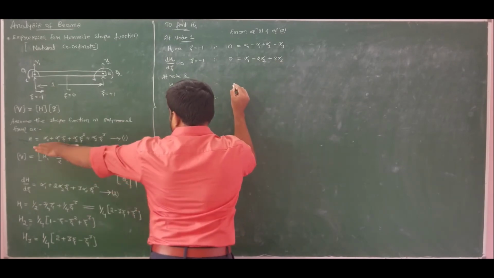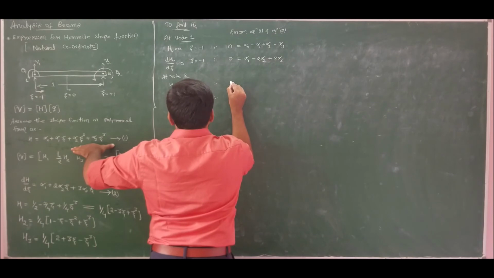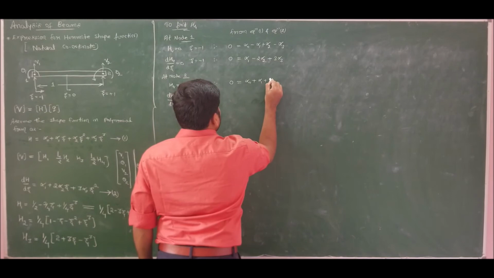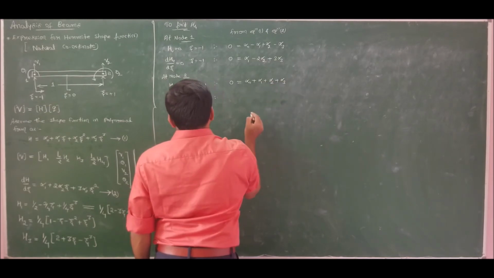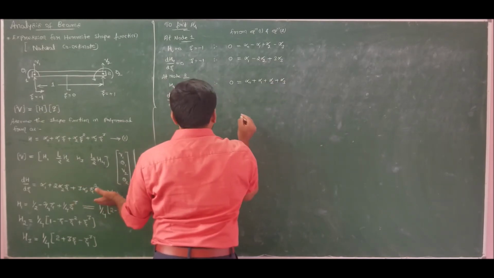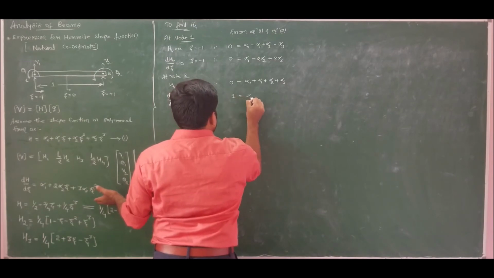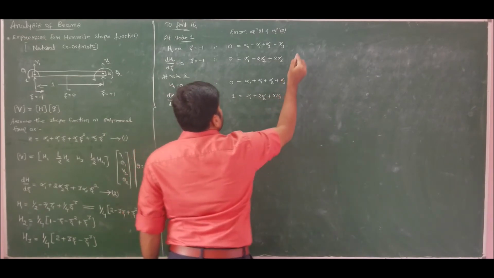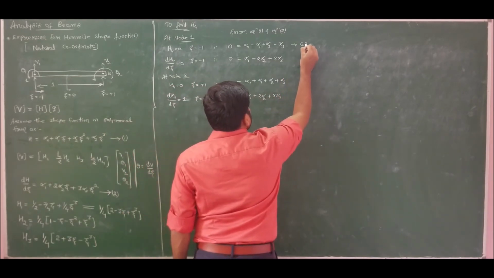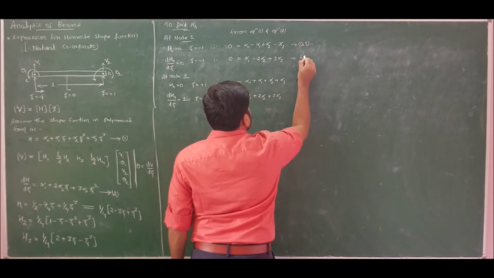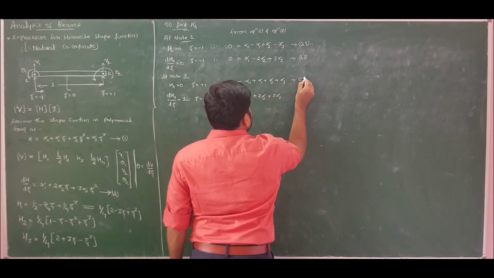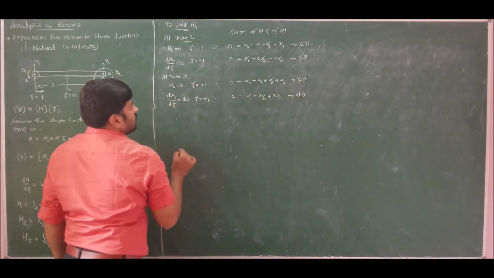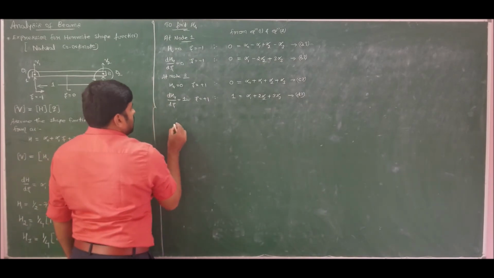So go for Hermite equation h. From equation 1 we will get 0 is equal to alpha naught plus alpha 1 plus alpha 2 plus alpha 3. So differentiation, go for equation 2. 1 is equal to alpha 1 plus 2 alpha 2 plus 3 alpha 3. Take this as equation A3, B3, C3 and D3. Now you add A3, B3, A3, C3 and A3, D3.